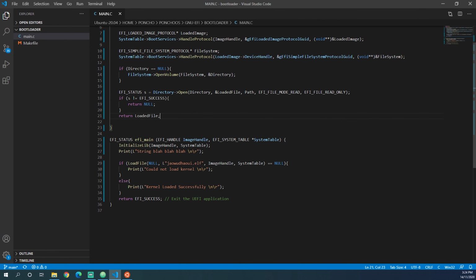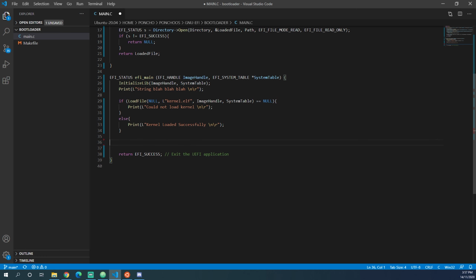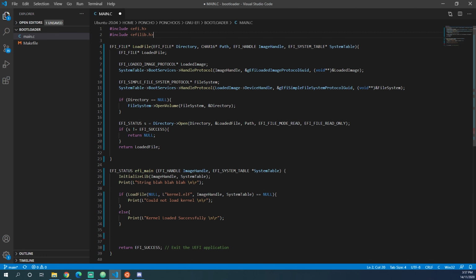Now that we have this file, we need to actually do something with it. Before I forget, before we continue, we should just change that random thing back to kernel.elf. Now the next thing we need to do is get the ELF header so that we can get some information about the file. So we'll go to the top of our